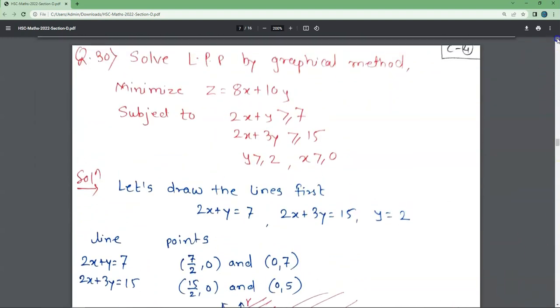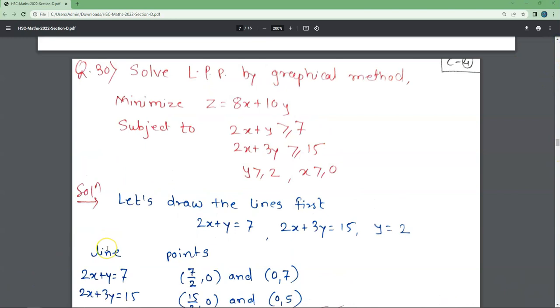So the next example is on the linear programming problem. The question is: solve the linear programming problem, that is LPP, by graphical method. Graphical method ने solve करायची. What is the LPP? Minimize z is equal to 4x plus 10y. हे जे फंक्शन आहे हे काय? हे ऑब्जेक्टिव्ह फंक्शन, याला म्हणतात ऑब्जेक्टिव्ह फंक्शन. हे आपल्याला काय करायचंय? मिनिमाइज करायचं. सब्जेक्ट टू